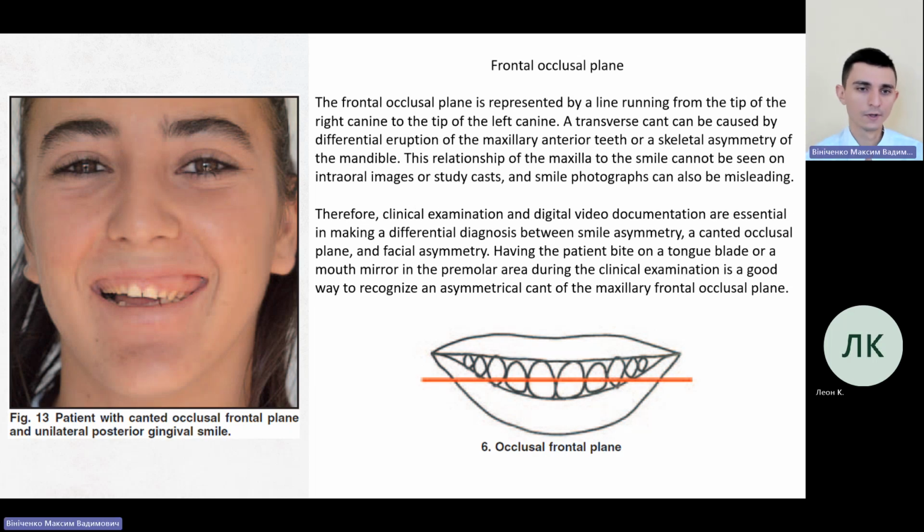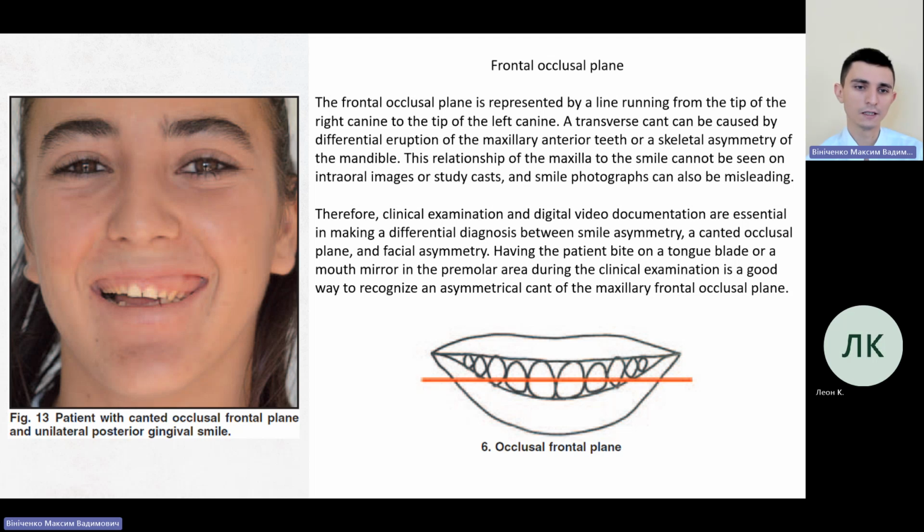Frontal occlusal plane. The frontal occlusal plane is represented by a line running from the tip of the right canine to the tip of the left canine. A transverse cant can be caused by differential eruption of the maxillary anterior teeth or skeletal asymmetry of the mandible. This relationship of the maxilla to the smile cannot be seen on intraoral images or study casts, and smile photographs